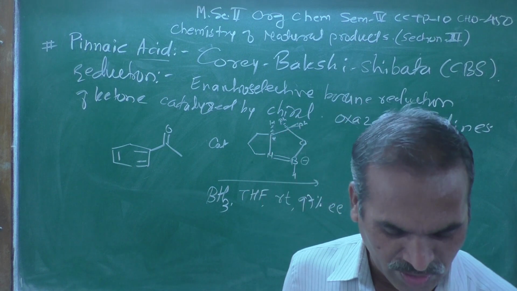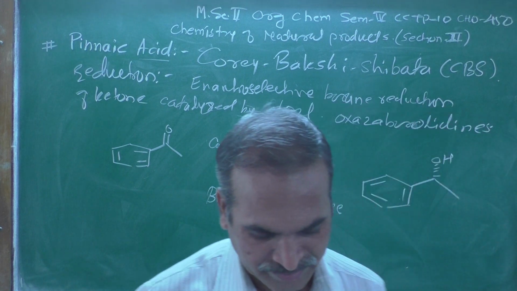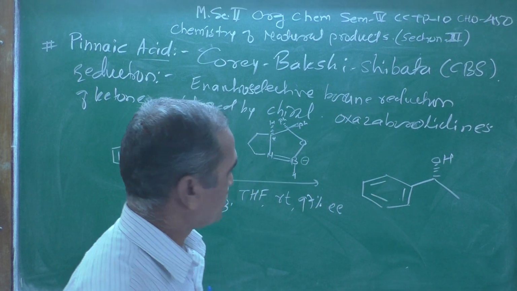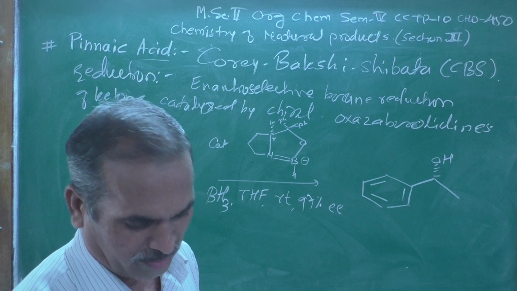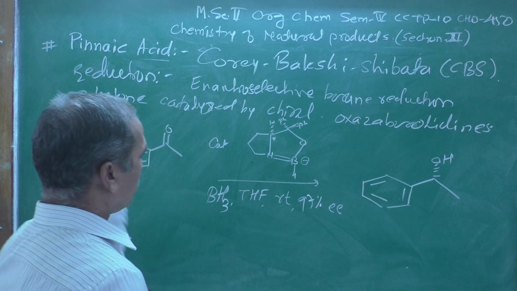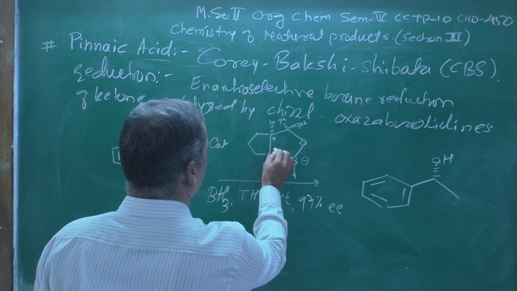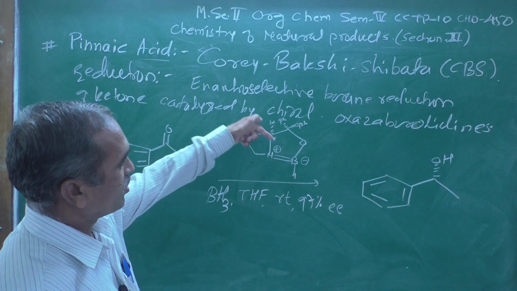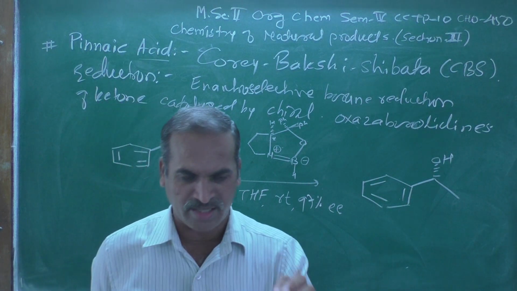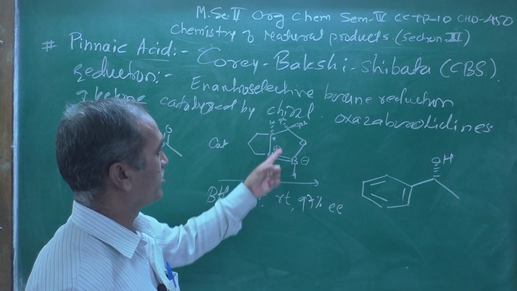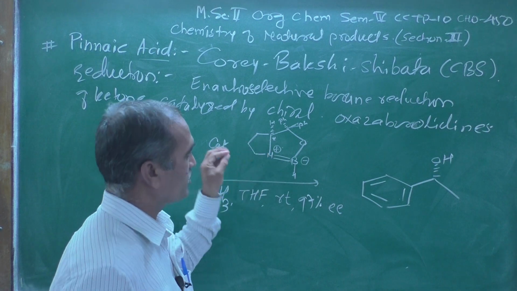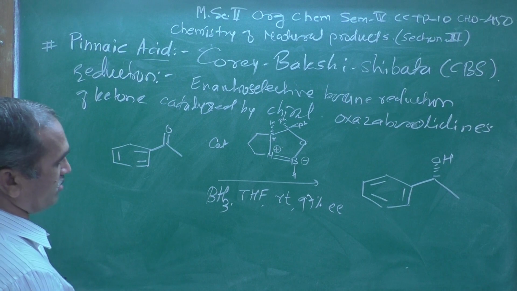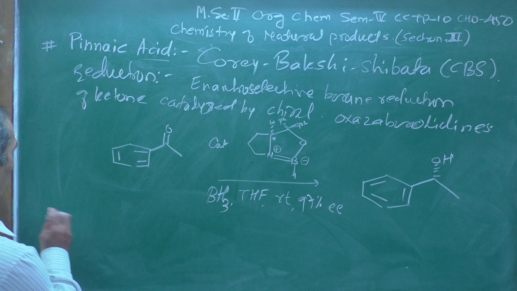Now, let us look at the mechanism, how the mechanism takes place over here. For mechanism purposes, the positive charge comes on that nitrogen atom. Why am I putting a positive charge on the nitrogen atom? Because generally nitrogen has 3 bonds, here it exceeds by 1 bond, and therefore there are 4 bonds, and a positive charge comes on that nitrogen atom, and due to that reason we get the reaction. Now let us look at the mechanism over here.